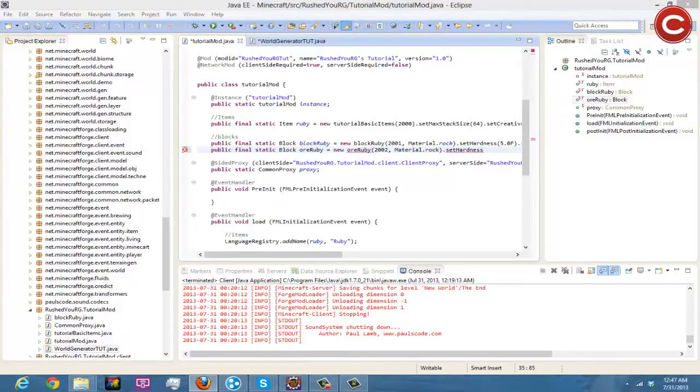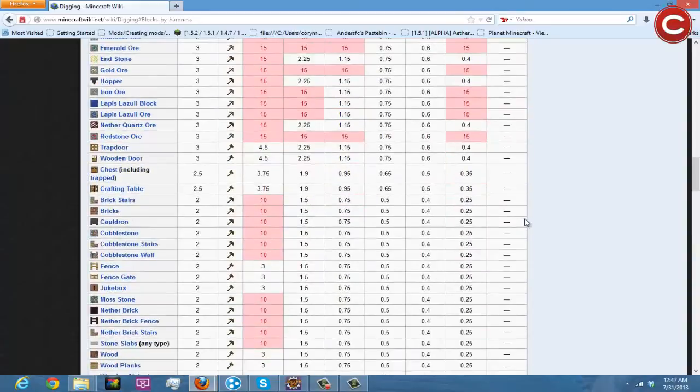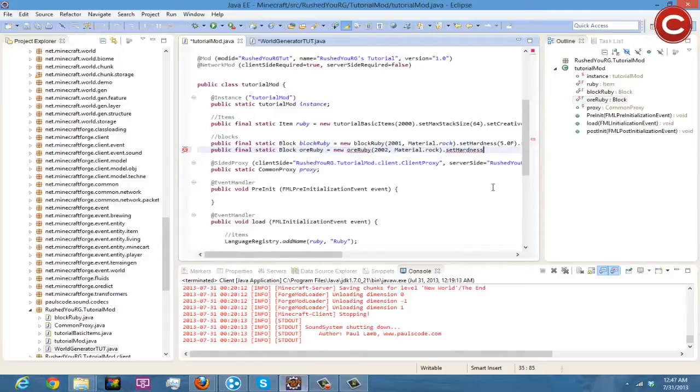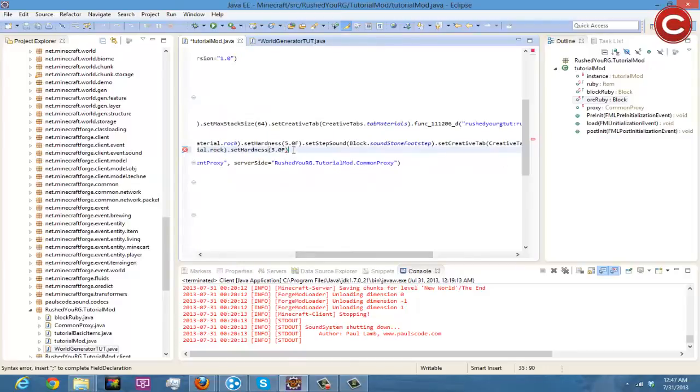I'm actually going to pull up a hardness scale right here. As you can see on the screen, it shows all of the hardness. As you can see, all of the ores are 3, so we are going to follow that pattern and make it 3.0F. And then right here we're going to do dot setStepSound,